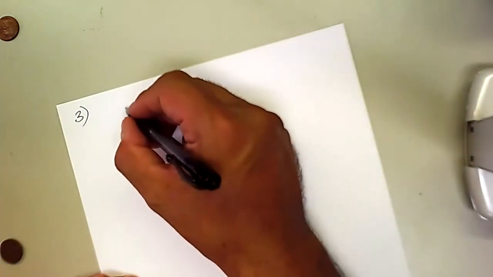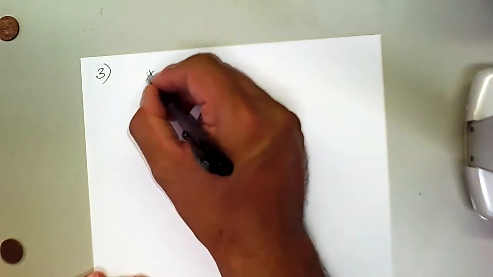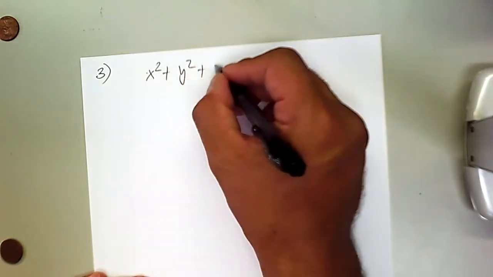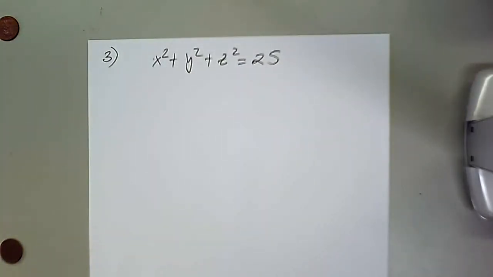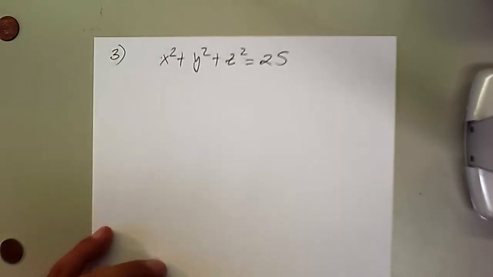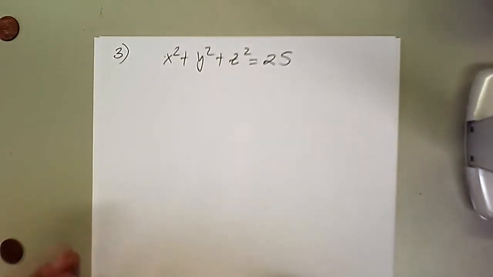Okay, so you guys are familiar with x squared plus y squared plus z squared equals 25. This is the equation of... blank. I'm laughing because I don't like to do videos where I don't finish the sentence,